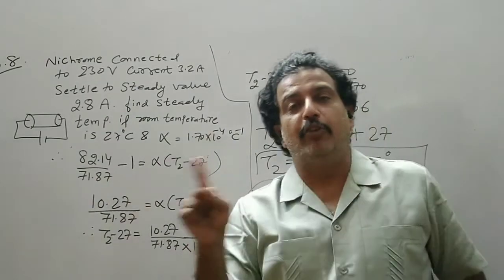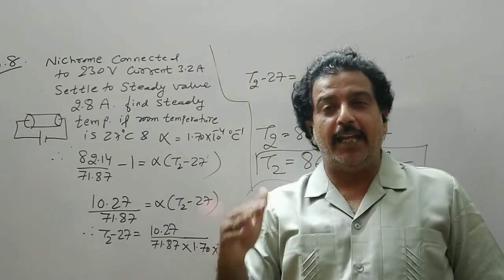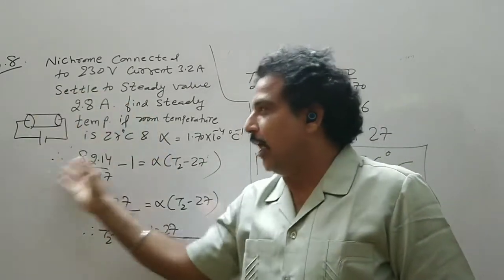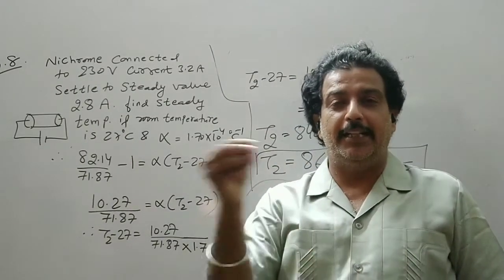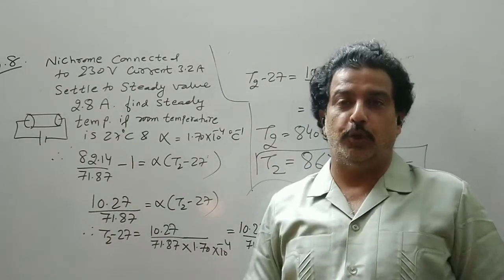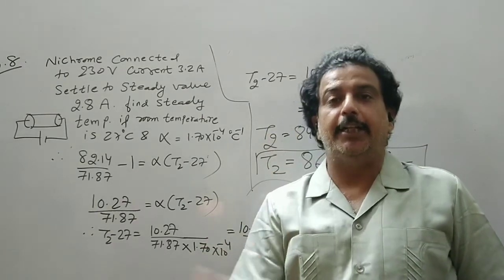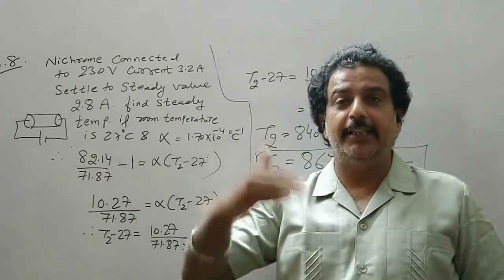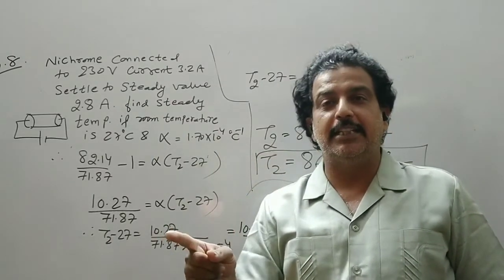So the current flowing is large or greater. Then as the electrons start flowing inside the conductor, they keep on colliding, and their kinetic energy will be converted into potential energy, so the device or conductor heats up. Now as they heat up, that is, the temperature is increasing, so the resistance increases.